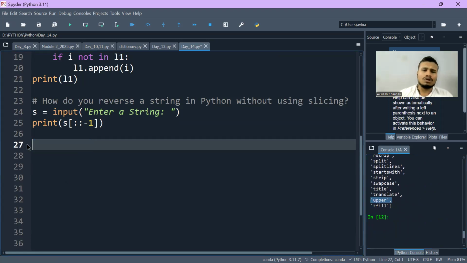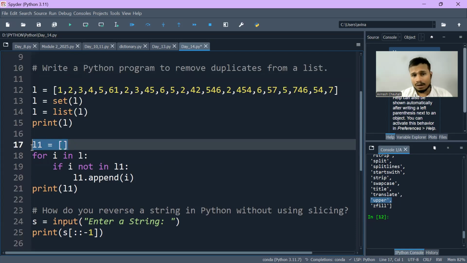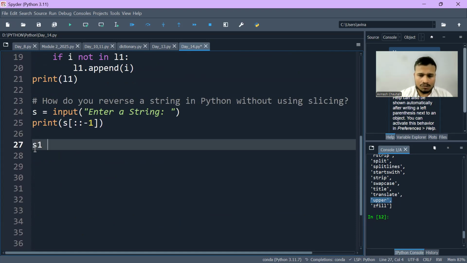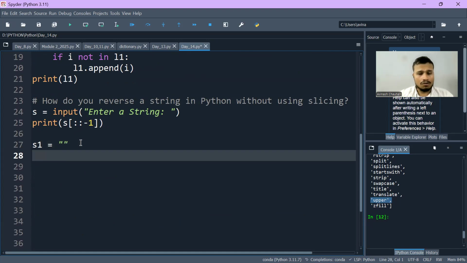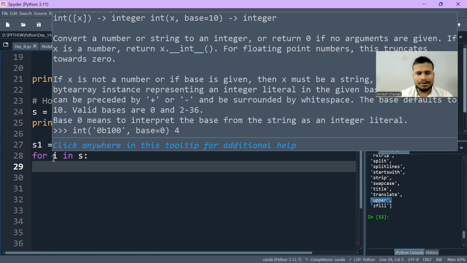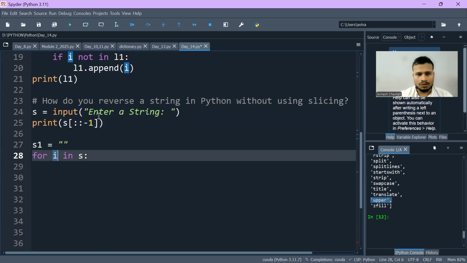Okay. So for this, in the previous example you assigned one empty list. So here also I will assign s1 is equal to some empty string. This is an empty string because no values are present here, neither spaces nor anything. And what I will do, I will write for i in s. What does i mean? I will iterate through all the values which are there in the